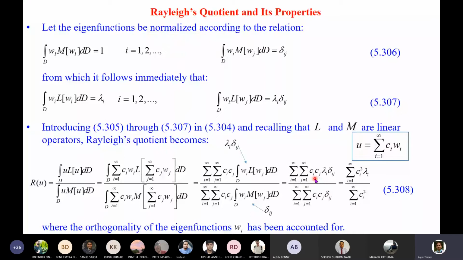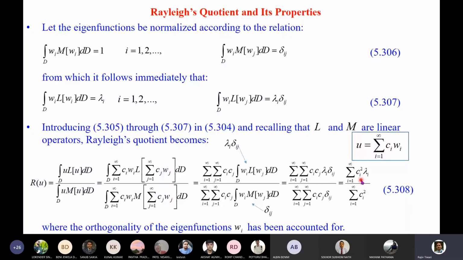Because of this property, what we'll find is that whenever i is not equal to j, this will make that particular term 0. Here also, when i is not equal to j, this delta ij will make that particular term 0. So only those terms will be left in which i is equal to j. So we'll have such terms. When i is equal to j, this will be Ci square, and here it will be Ci